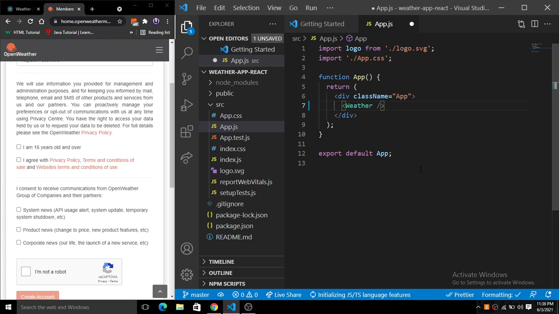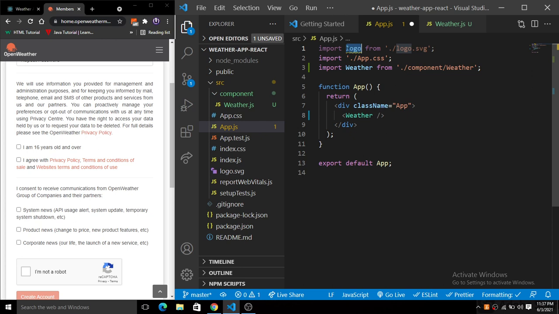And here, for the testing purpose, I will just put "hello from weather app". I have done this for the testing purpose, to see whether it is working or not. And then inside of this app.js, I will simply import it so that it will easily render there. I will simply remove the logo because we are not going to use any logo there. I will also remove the logo, test file, and the app test. So I will just remove these three things here, and save this.